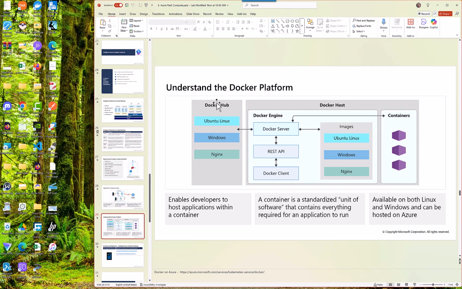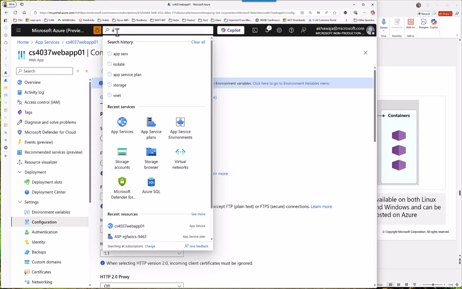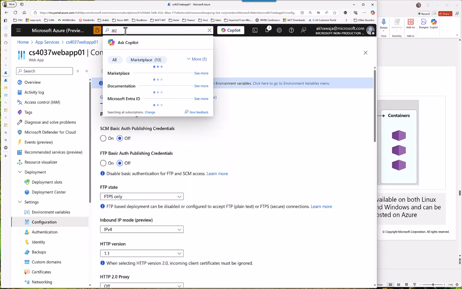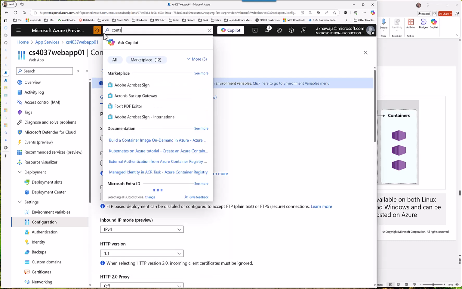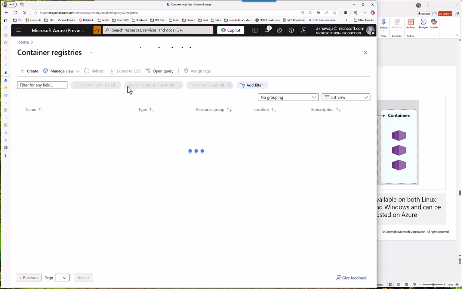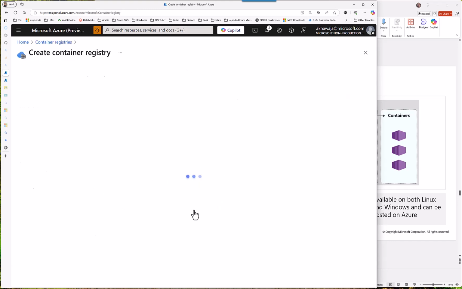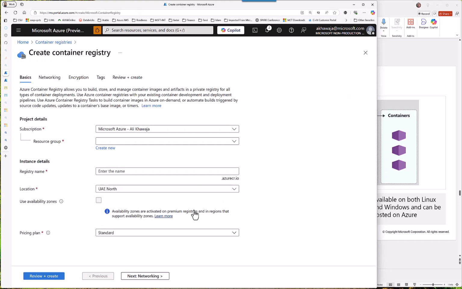You can have your private registries, and Azure allows you to have your own registry, right? यहाँ पे अगर आप जाओ इसके अंदर, यहाँ पे you can say ACR, let me see if it comes up, container registry, right? Container registries are over here. And you can create your own registry, and it allows you to deploy your own containers to your own registry and push them to Kubernetes or ACI, as well as